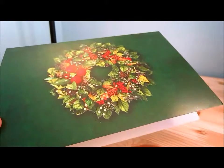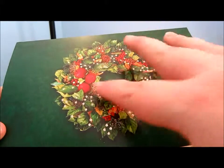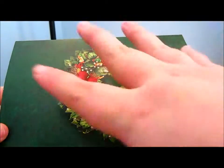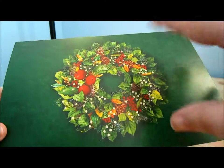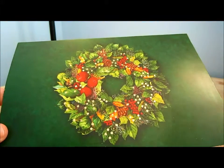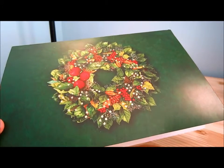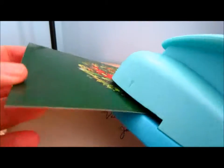Now, all you really need to do is pick out where you want your punch to be. This one just has one main picture on it. Sometimes a card is full of something, and that's fine. If there's any writing on the inside that, for whatever reason, you want to keep, you can certainly make sure that it's centered on that. But this one isn't really anything super special, so I'm just going to go in and